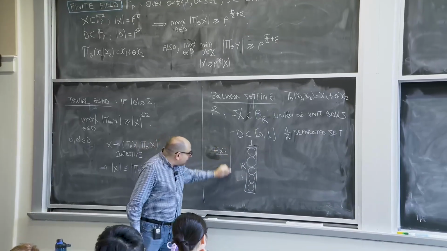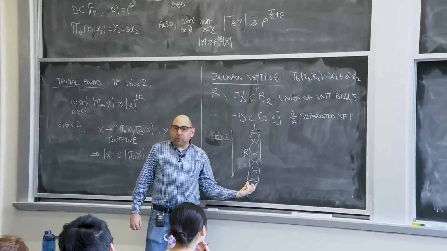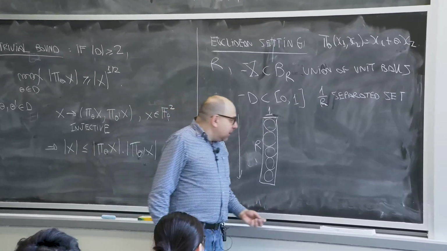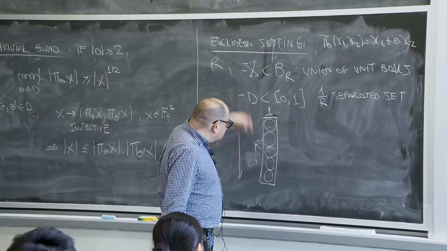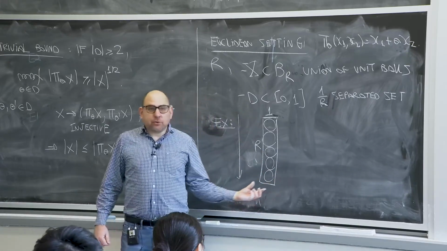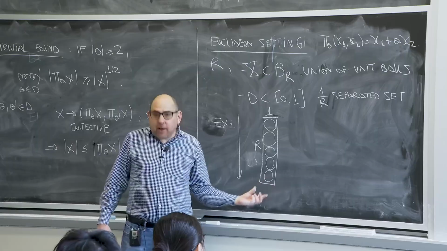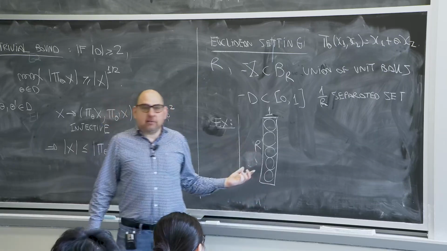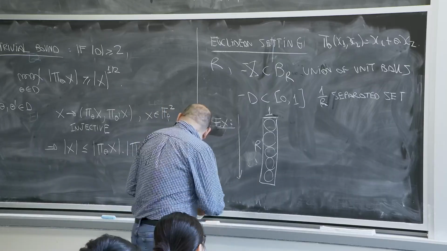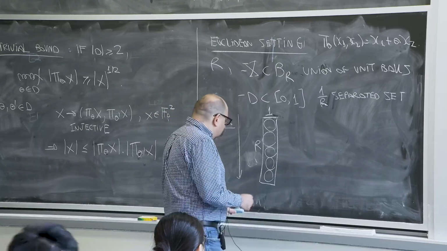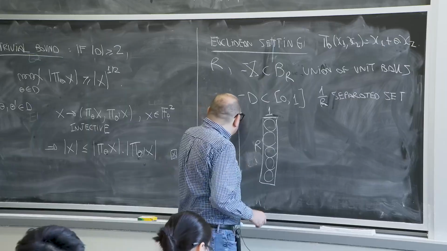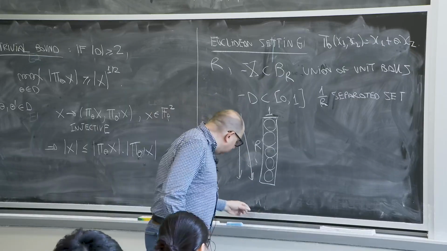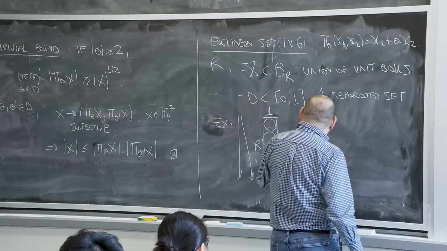Then if we project literally down, we get something of size 1, which is much less than square root of r. But if we perturb the vertical projection by r to the s, the projection will have size r to the s. And if s is less than 1/2, it will be less than square root of r. So instead of projecting in this direction, if we project in a nearby direction, this is still bad. So if this is x